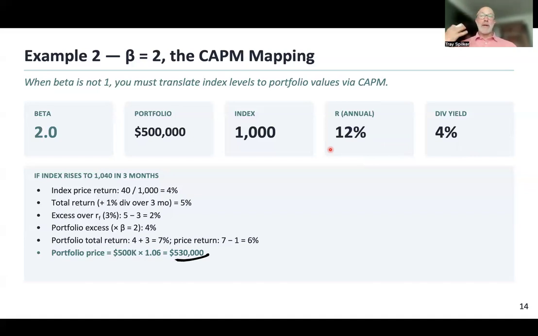$530,000, right? So we're invoking the CAPM here to forecast, if you will, the price value of the portfolio in terms of the value of underlying equity in that portfolio. Right? So this gives us a sense for how we can potentially calculate different strike prices if we want to hedge this portfolio. So using the same example here with a beta equal to 2 and a portfolio of $500,000, what we'll notice on the next slide is that